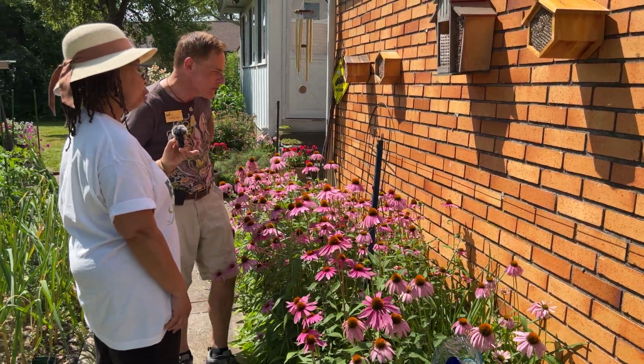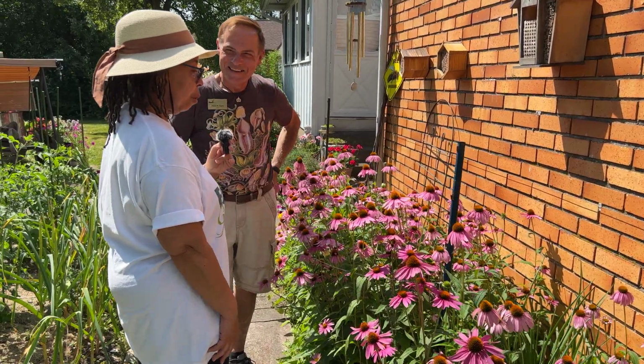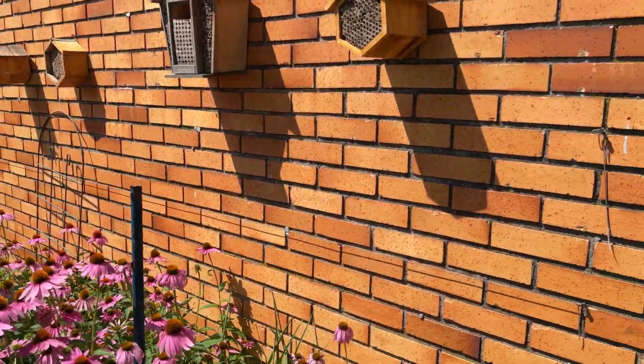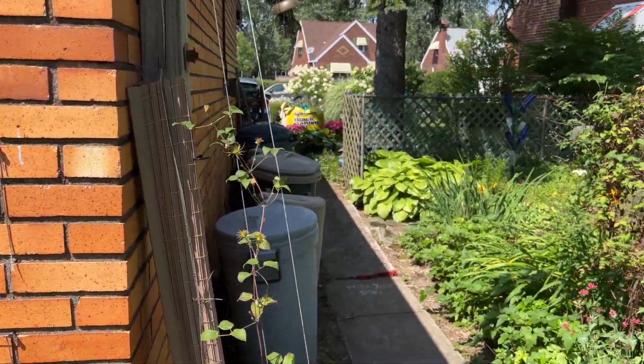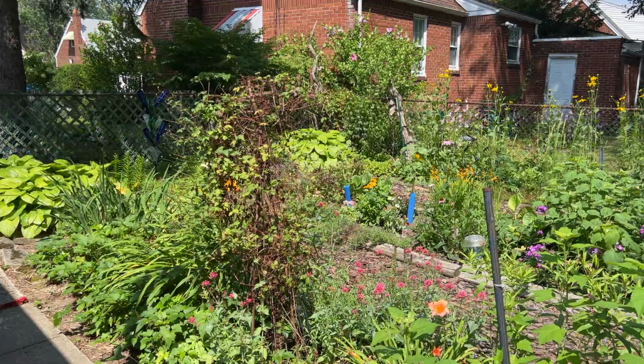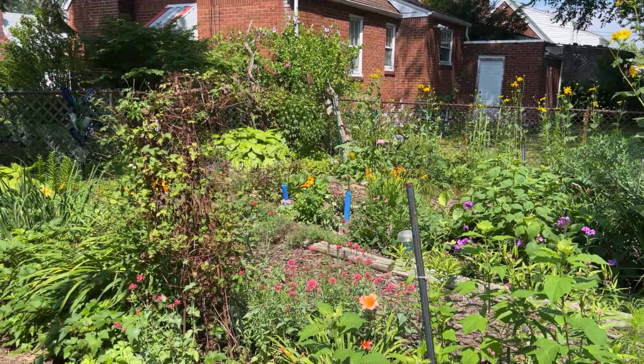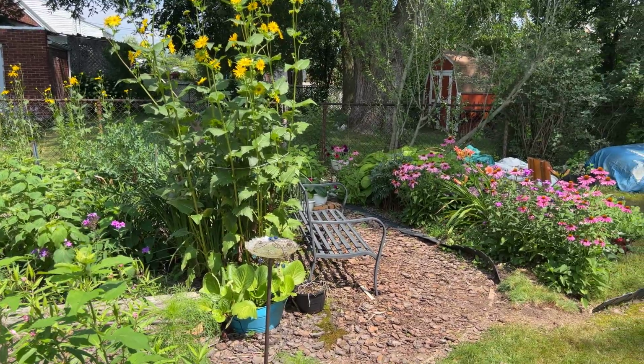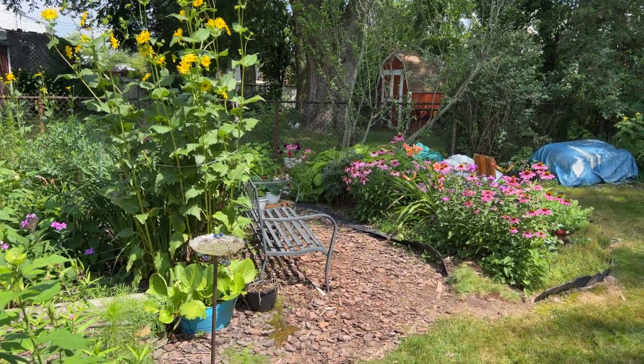That's mostly for my enjoyment. The coneflowers don't come out early enough for the mason bees. But Phyllis has so much planting in the backyard, so I just want to do a quick spin so that people know this is not just a cornflower. You have so many plants, flowering plants, shrubs, perennials, and